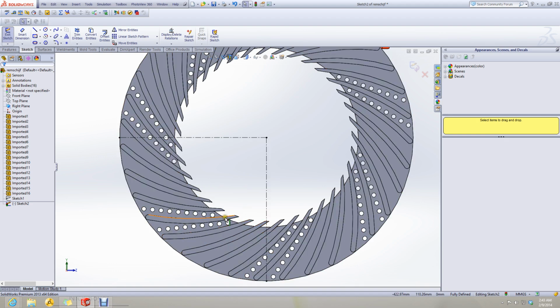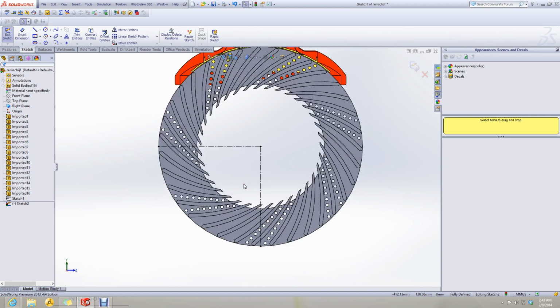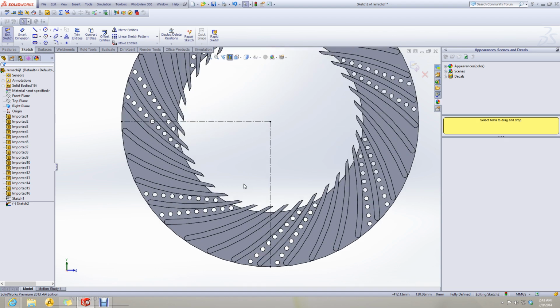One, two, three, 4, 5, 6, 7, 8, 9. 9 into 4 is 36. So I will make 36 such blades.